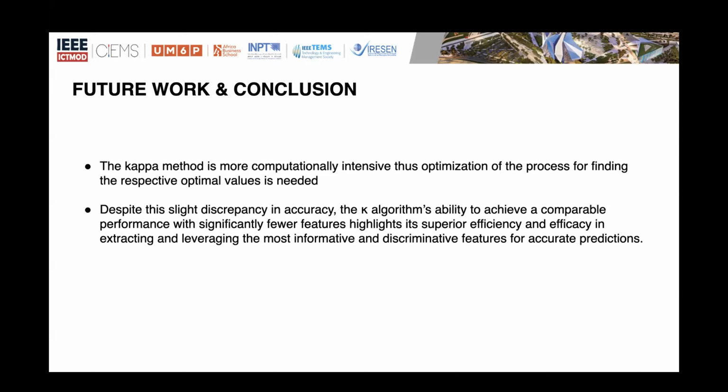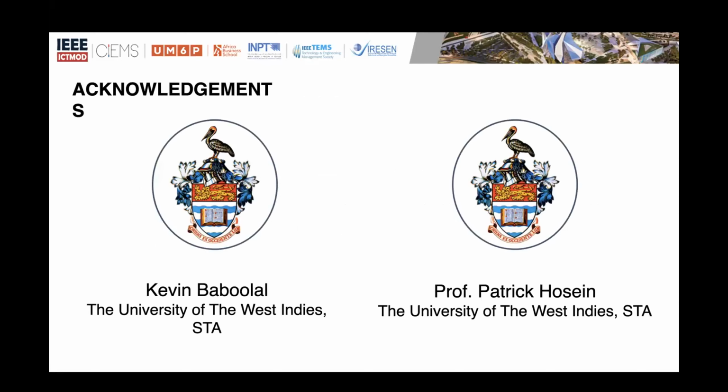It is also important to note that even though there was a slight discrepancy in the accuracies, the kappa algorithm was still able to achieve a very comparable performance with significantly fewer features than other statistical models, which just highlights its superior efficiency and efficacy in extracting and leveraging the most important and informative features for accurate predictions. So, very short and sweet. This work was done in collaboration with Kevin as well